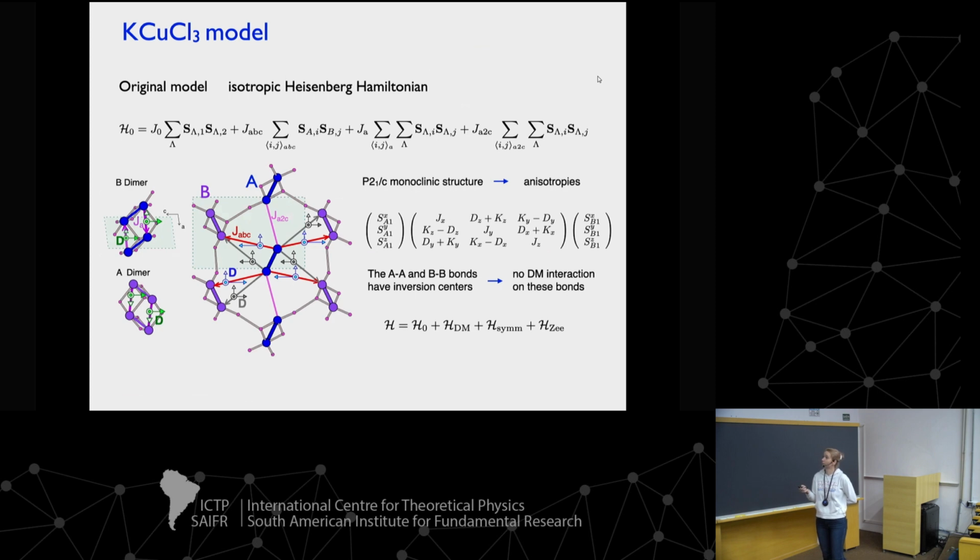And so what we did first is to derive the symmetry-allowed Hamiltonian, and of course not all of these parameters will appear. If you write, for example, a spin wave Hamiltonian, a lot of them will just appear as a combination. So they're not all independent, at least we don't have information independently about them. Right, so what we take into account is the usual Heisenberg Hamiltonian, and then the Dzyaloshinskii-Moriya interaction, the symmetric exchange, and the Zeeman term.